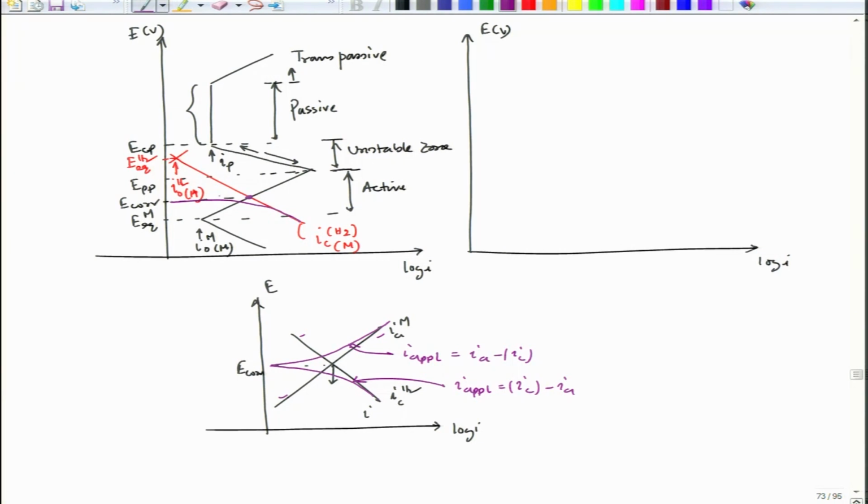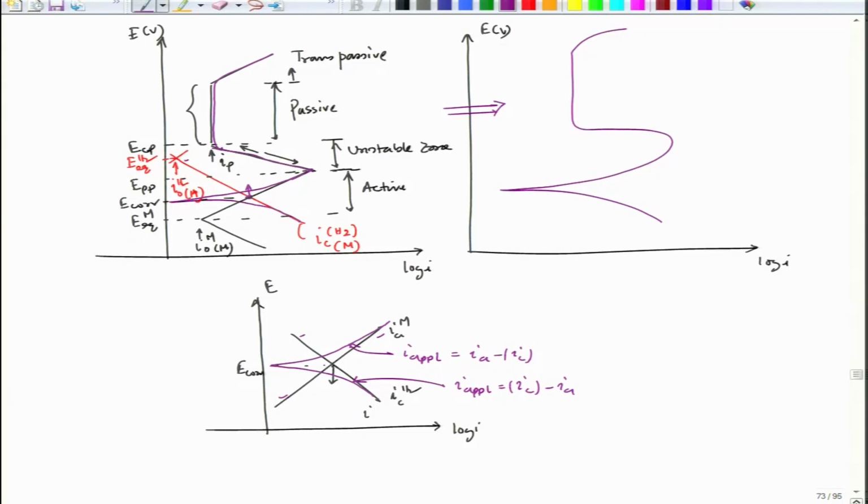This is the E corr value, and the graph pattern would be like this. Now, as we go to higher and higher polarization from this, it will be the same. Once it reaches this, from there the current density further goes down. So, it will follow this track, and since this is in log scale, the influence of this current density will be absolutely minimum. So, it will go like this and then move like this. So, what will be the plot nature? Fine. So, we are getting an experimental plot like this.